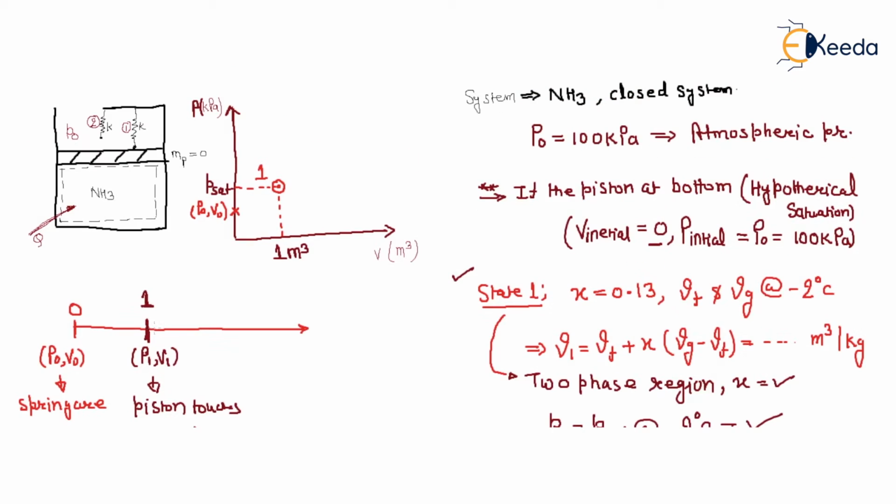V1. Now, when heat is again supplied, the first spring will be compressed. When it is compressed, there is a situation like that. So this is your locus of the first spring being compressed. So there is a point 1, and again there is a point 2. This point is what? P2 and V2.